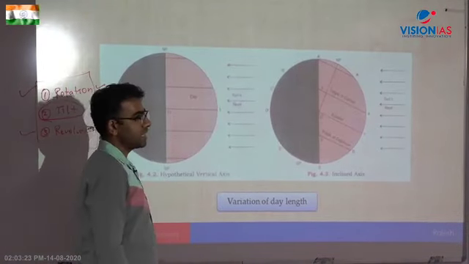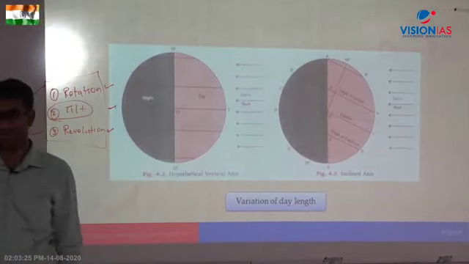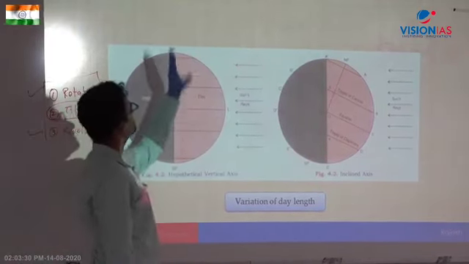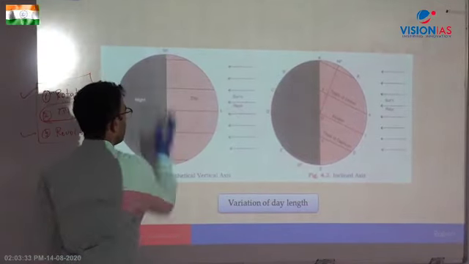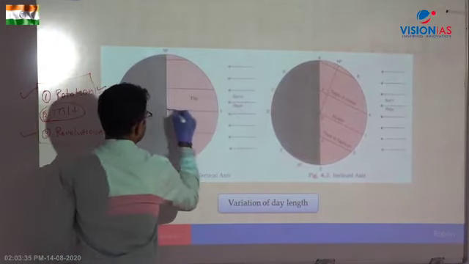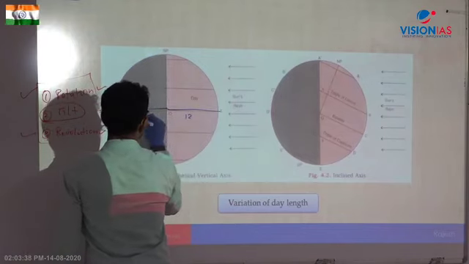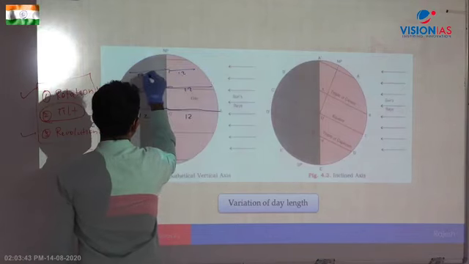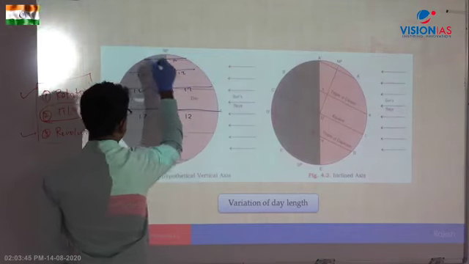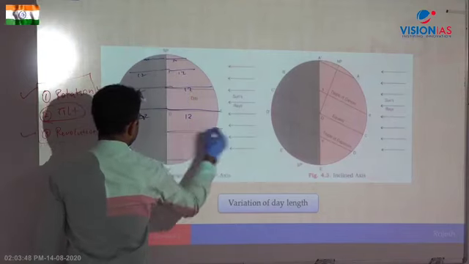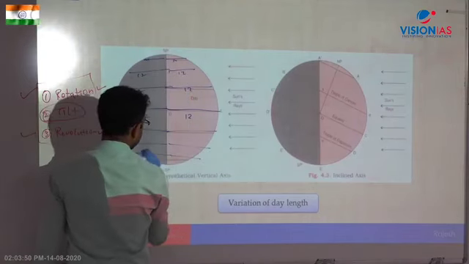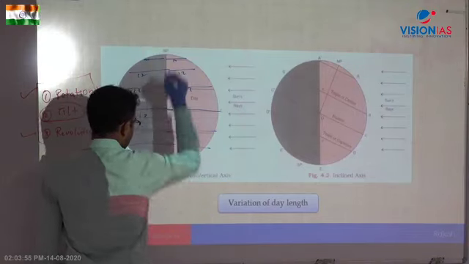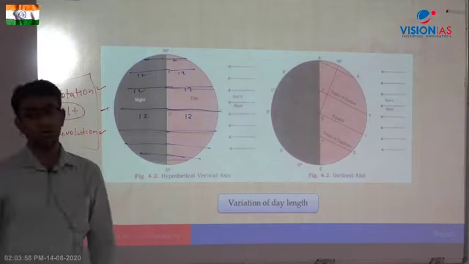When all the places are exposed in the same manner, this is the condition. Even though the tilt is there, the tilt is like that, in that direction. So all the places are exposed in the same manner. So that makes 12 hours of day and 12 hours of night here. 12 hours of day, 12 hours of night, 12 hours of day, 12 hours of night. All across from equator towards the pole, from here to here, from here to here. So this 12 hours of day, 12 hours of night across all the different latitudes is called